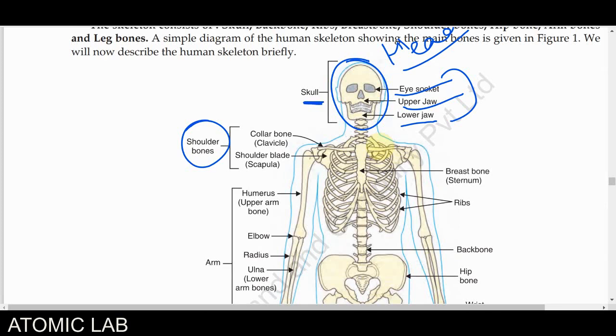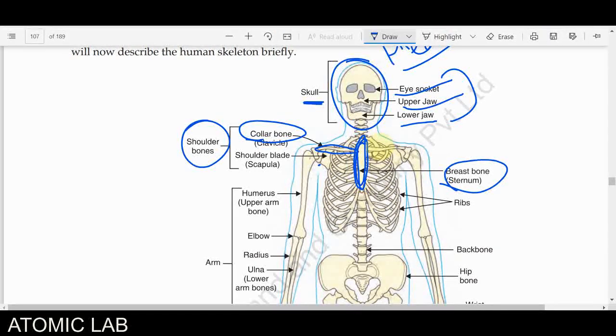Now the second part is known as the shoulder bones. In the shoulder bones there are two major bones. One, you will see here, is a horizontal bone in our body, the longest horizontal bone present in our body, and that is known as the collar bone. You will see it is linked with this middle bone. What is the name of this middle bone? That is the front bone, known as the breast bone, and it is directly attached to our shoulders.